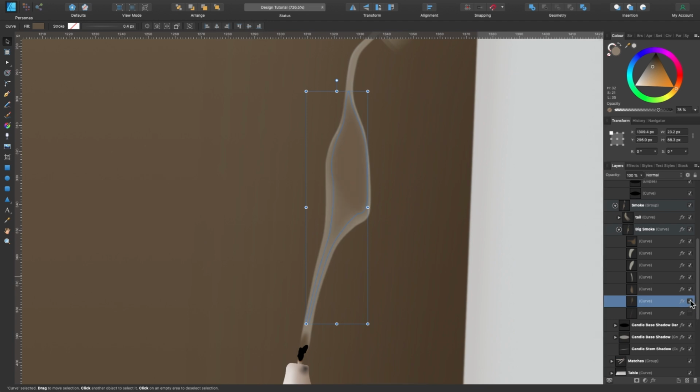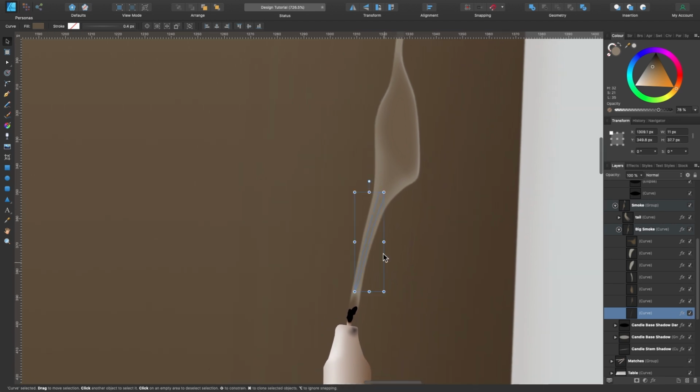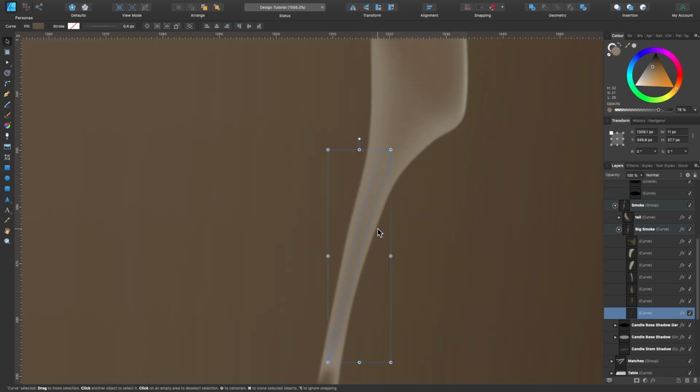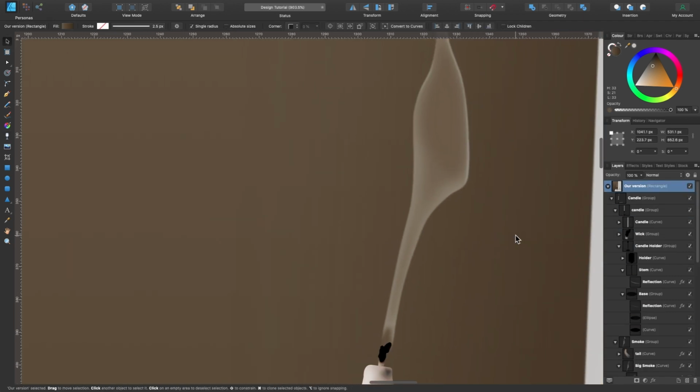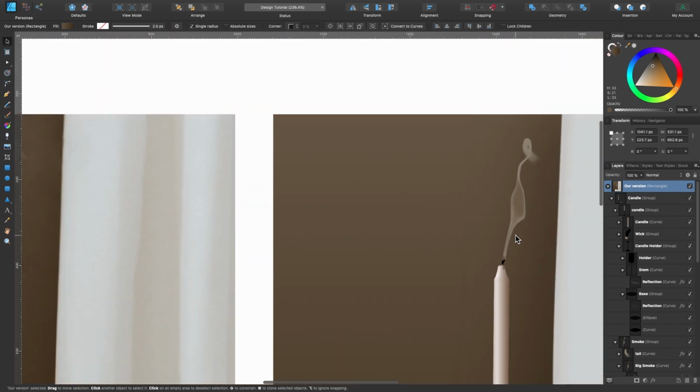So if you look, I added that, and basically it's the same shape, but I've just brought down the opacity a little bit more. And also this one here, which is the kind of funnel there. I also added a transparency element to it, so it goes completely transparent at the top there. And if I just click away, you can see it looks a little bit more like the original.